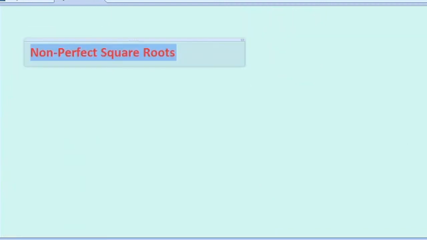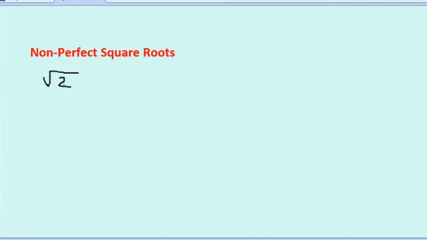Okay. Now, let's move to non-perfect squares. For non-perfect squares also, first we are going to find out the values by the method of division. Let's take root 2. In lot of exams, they are going to ask the value of root 2. So, what we do? We follow the division method. Here there is only single digit, so there is no question of splitting the number in pairs. So first number will be 1 into 1. 1 into 1 will be how much? 1. Now 2 minus 1 is 1.